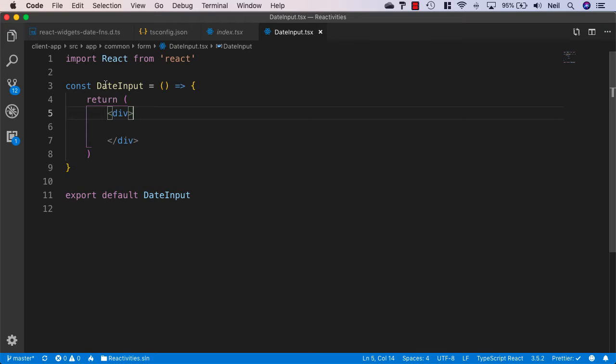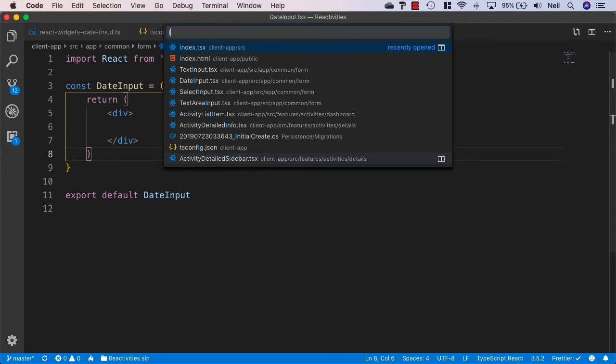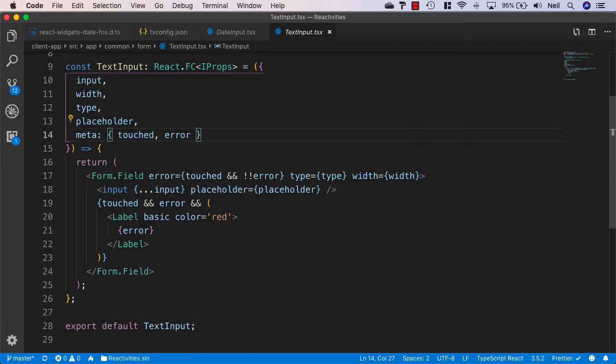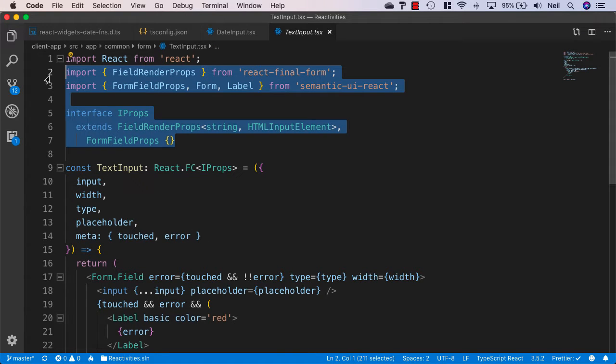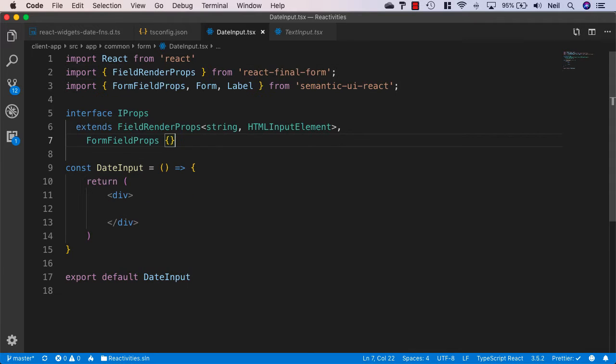Now, just like any other form component that we're using, we're going to start it off in pretty much the same way. So I'm just going to open up the text input, and I'm just going to copy across a whole bunch of stuff from here to be as lazy as possible whilst creating this component. So we need all of this, and I'll just paste this into my date input, and we'll make a few changes here. It's not going to be a string in this case, it's actually going to be a date, because